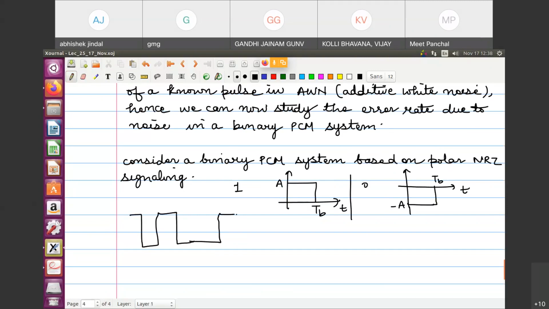I think we have gone through it when we were studying for midsem. So this is the ultimate baseband waveform you will get. Now this baseband waveform goes through an AWGN channel, as we have said. So what happens? It goes through